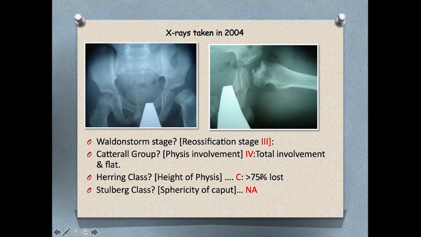Herring may be more than 75%, as she was saying, the C. So B and C, borderline. It is borderline. If up to here, then it is C. If there is a little bit of portion, more than 25% is there. It means 75 and 50%. So stage B and C. And Stulberg, what do you find for Stulberg? Sphericity, but you cannot apply this Stulberg at present, because there is no fully formed head, but there is necrosis. So once it redevelops,